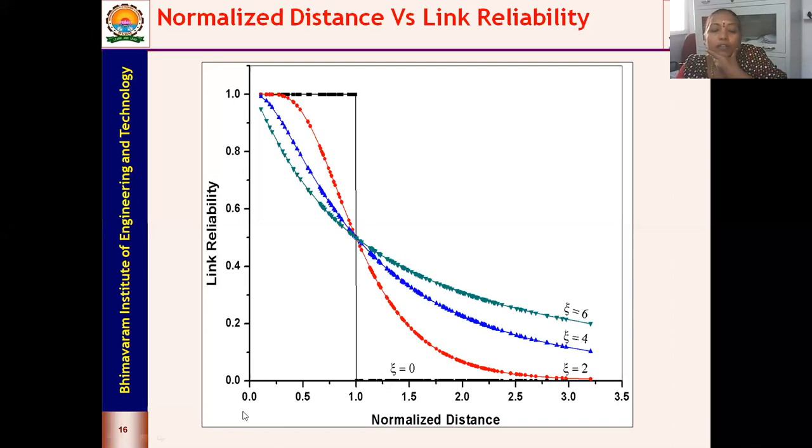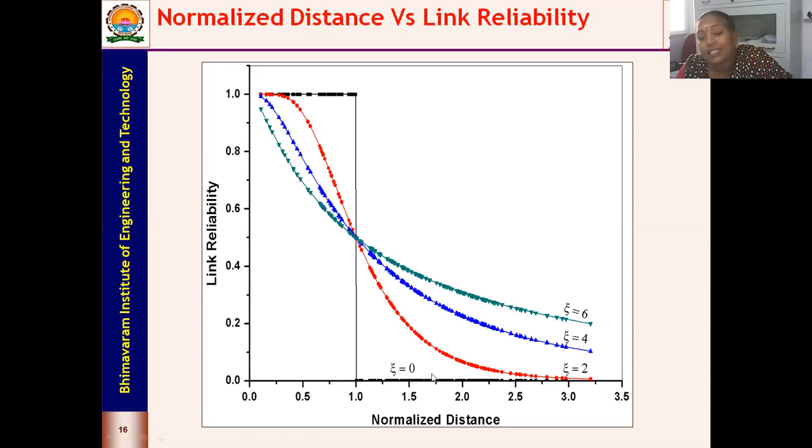So if your Rj is equal to 3 miles, the maximum normalized distance is going to be 1. So when the maximum distance is 1, you see that from 0 to 1 your reliability is always high, and beyond 1 there is a drop in reliability. That means it is behaving as a binary model. When psi is equal to 0, it behaves as a binary model, or you can say a free space model as well. That means within line of sight, your network is going to perform with a reliability equal to 1 up to a value of 1.0, and beyond 1.0 it is equal to 0.